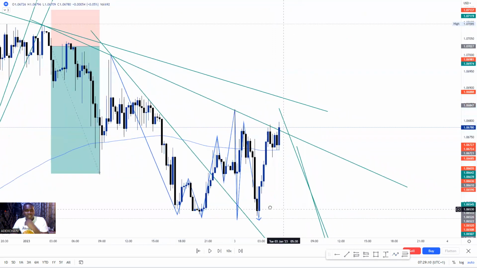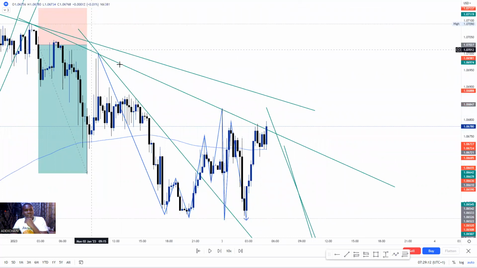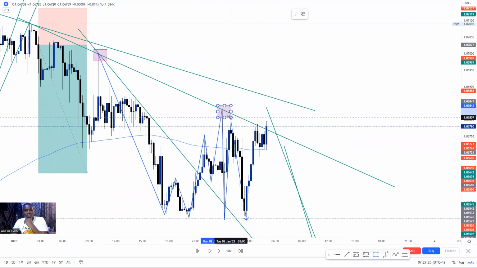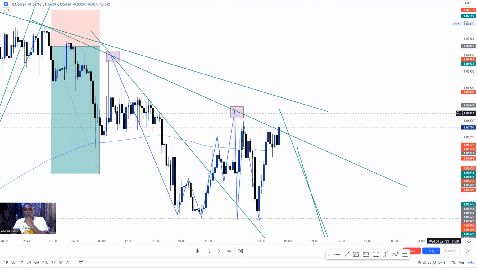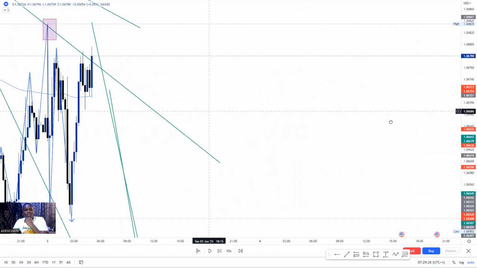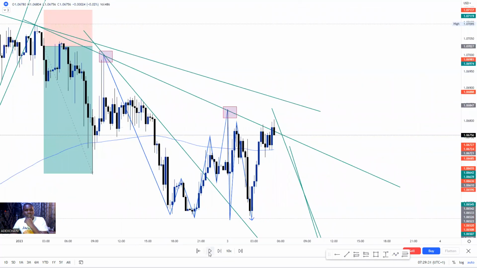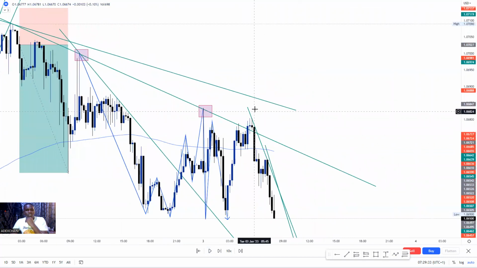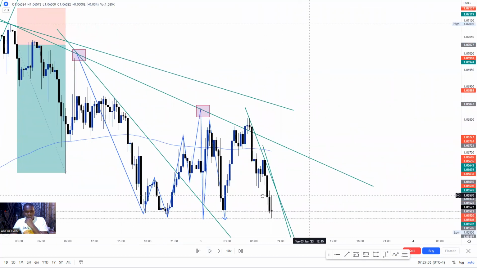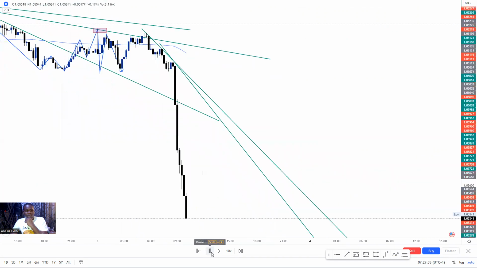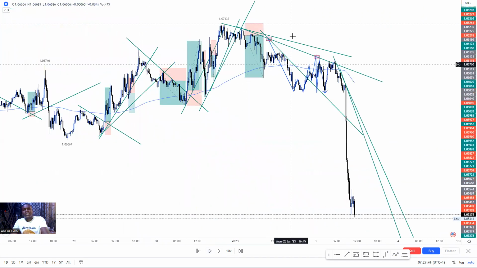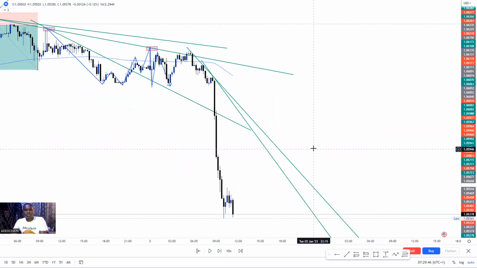So when it got here and I got another trough, I had this point, which is the first one, and another point, which is the second one. So I drew the trend line and waited for a breakout to go long. I had to wait for the market to play out. Let's see what happens. But unfortunately, it pulled up here and just started coming down, coming down. It doesn't even want to go up. Can you see? This trade is completely a bearish movement.